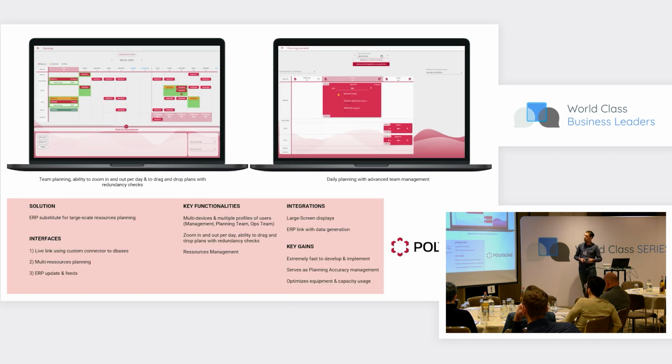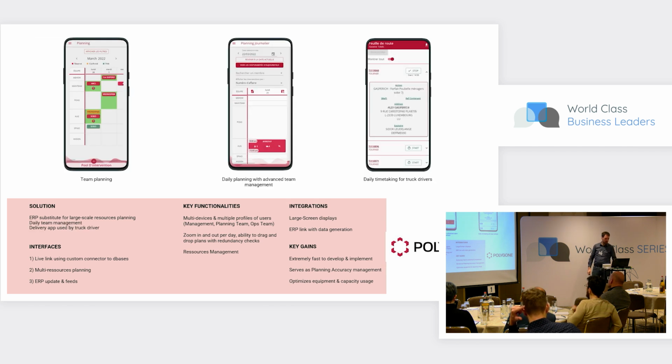Also another planning project that we did. We saw that planning is something very specific to each company, so that's why we are doing a lot of planning projects. There is no, let's say, off-the-shelf planning software that is really doing what those companies want to do, so we are building a lot of different plannings. This one is for truck drivers, so they have their missions directly on their phone, and they can start and end the missions, take pictures, and also get the information back into the ERP system to do the invoicing, for example numbers of kilometers or other data collected on the field.